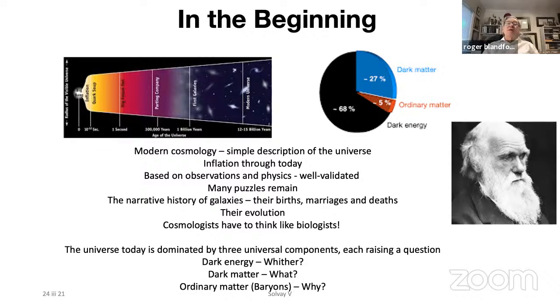Now, these three matters, as I said, these three entities here. The dark energy is the one that controls our future, so you can call that wither. The dark matter is the big puzzle. What is it? We know what it does, but we don't know what it is. That's a really class 1 scientific problem. And then there's the ordinary matter. The question really is, why should there be any there?